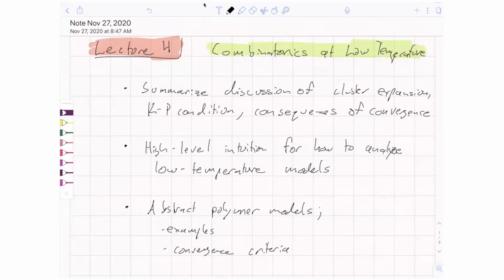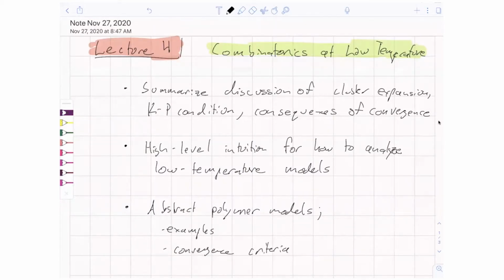Let me tell you a little bit about what we'll do today and what we'll do the next time. Today I want to talk about combinatorics at low temperatures, and maybe of all the lectures, this is the point I most want to get across in these lectures: how do we use certain statistical physics techniques to analyze a very typical problem in combinatorics, which is how do you understand near extremal examples? And I think hopefully people that listen to these lectures, maybe you'll find some applications of these tools